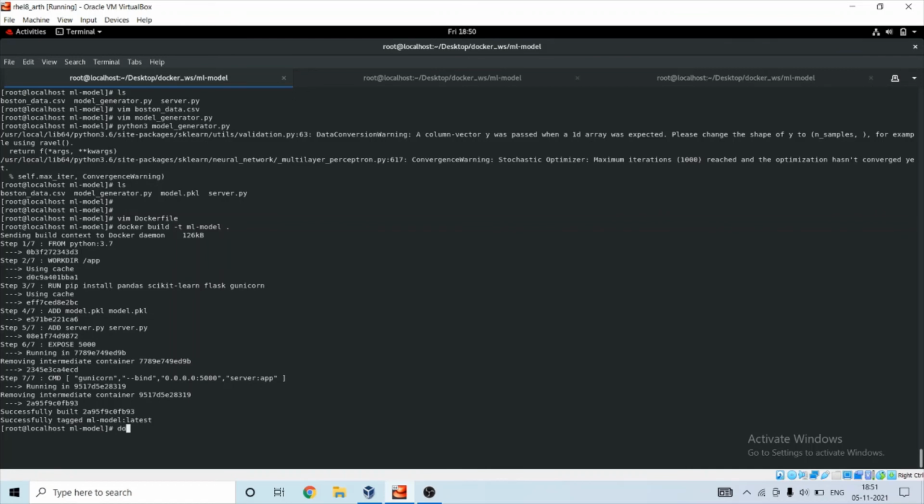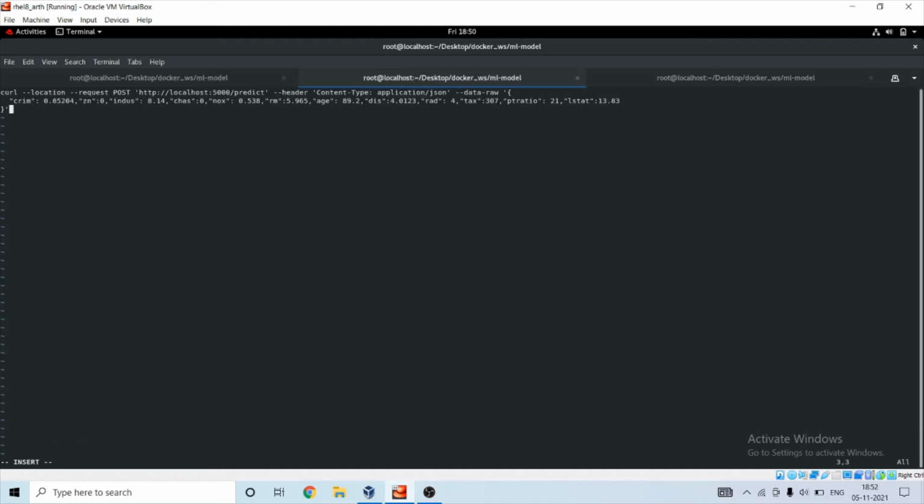So let's run our container: docker run. We will run in detached mode. We are using port 5000 for communication, so we will specify that, and then the name of our image, ml-model. Finally, our container is running and listening on port 5000.